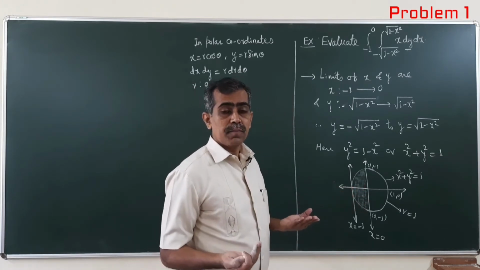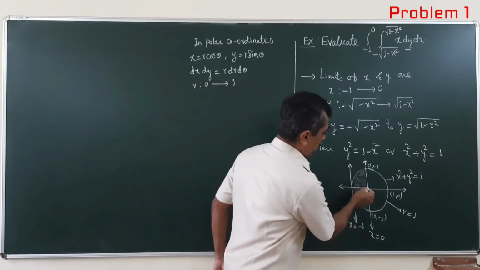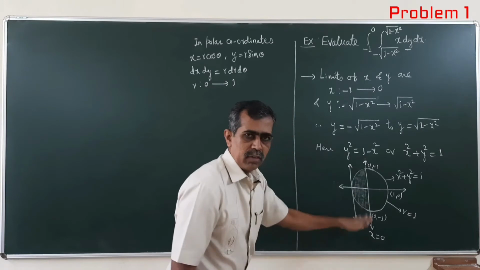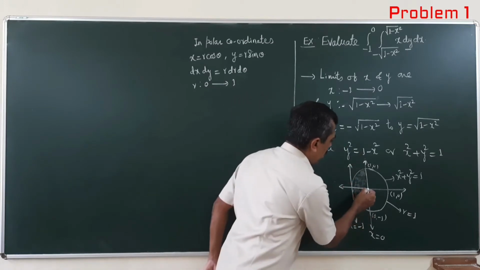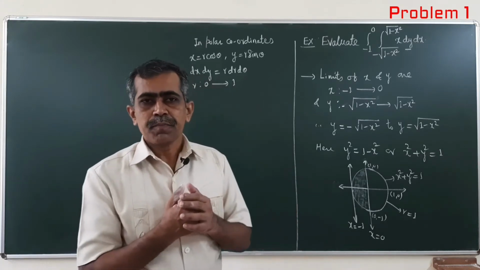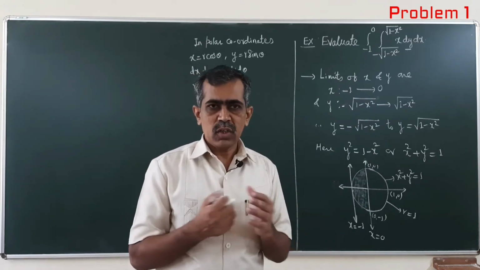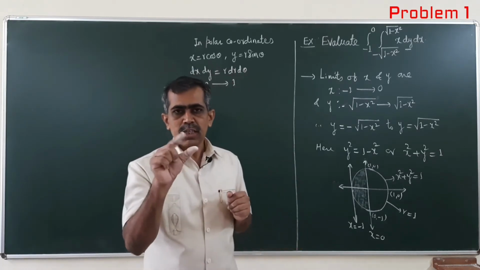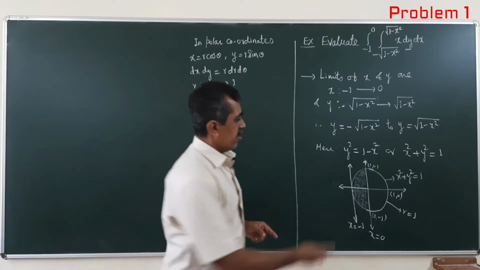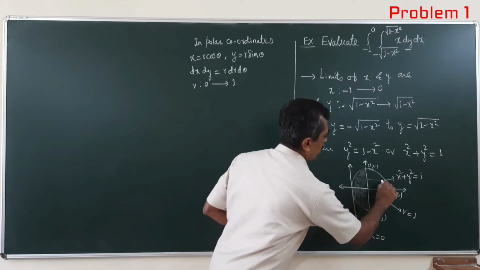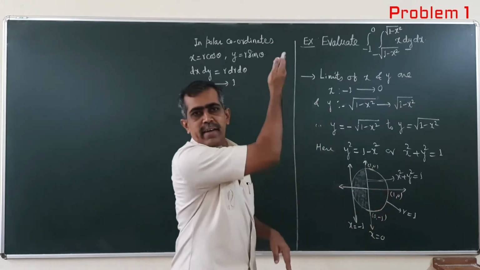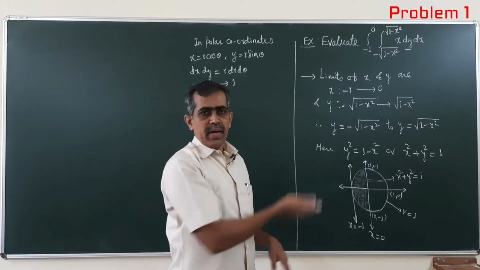Now what about theta? Our domain of integration is, see, I want to cover this region, this portion. Usually when we are in Cartesian coordinates and want to find limits of integration, we take a strip or a line parallel to the x-axis in the domain of integration, and move it along the y-axis, and we find the limits.